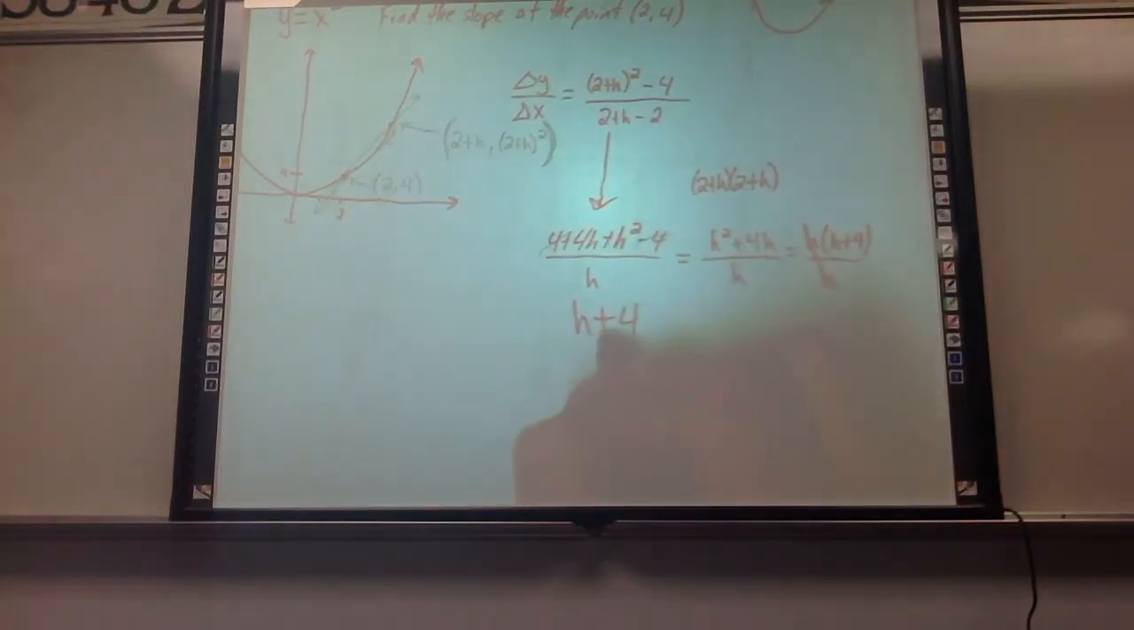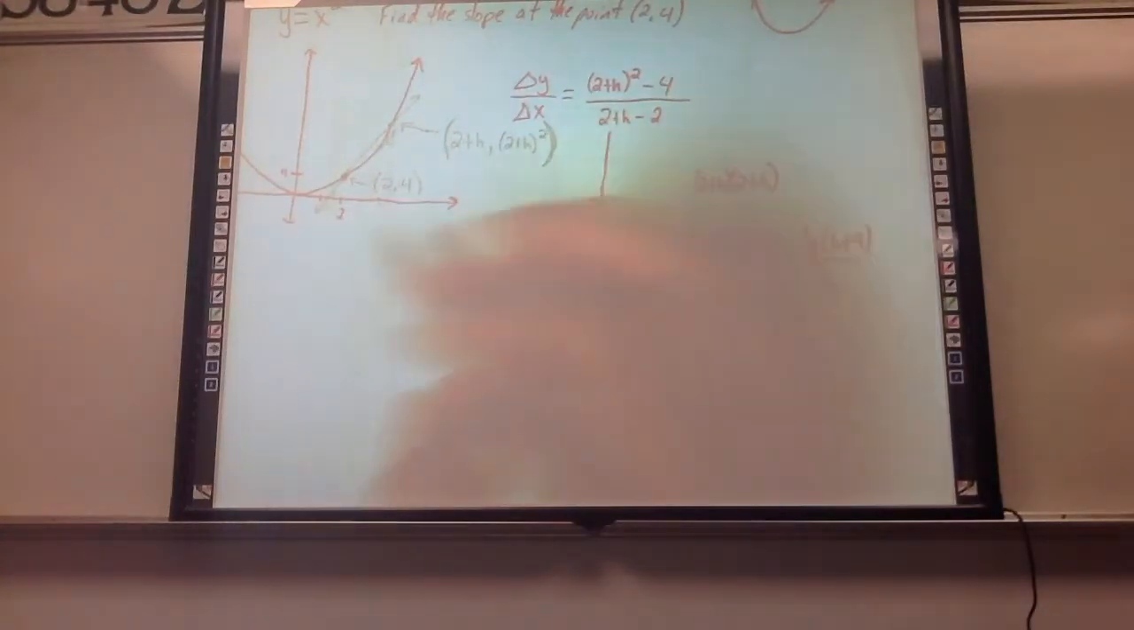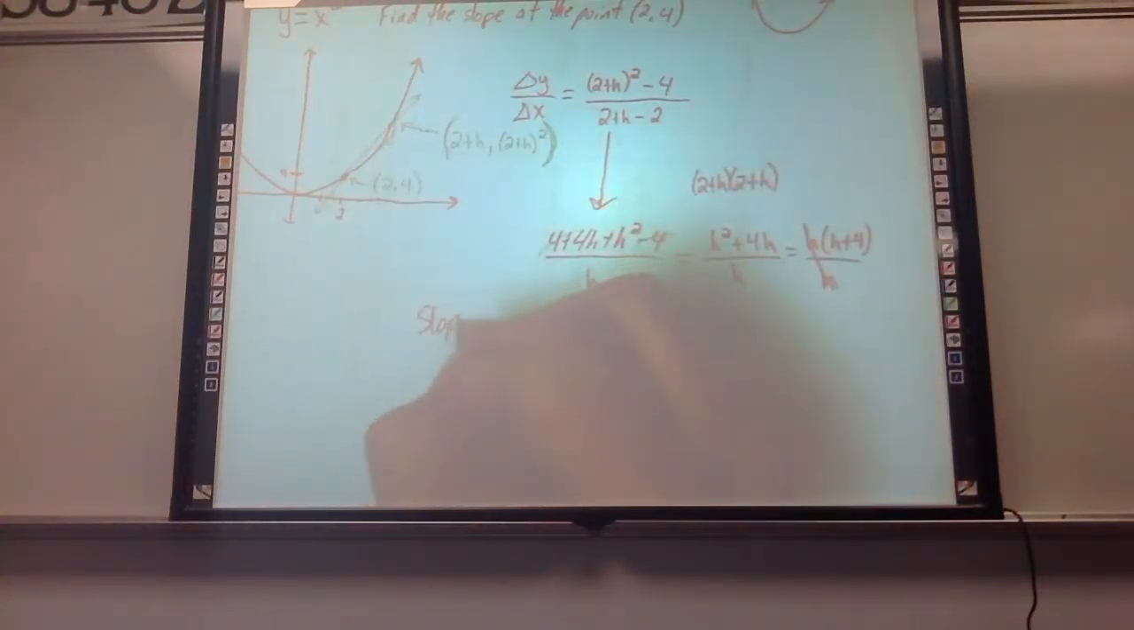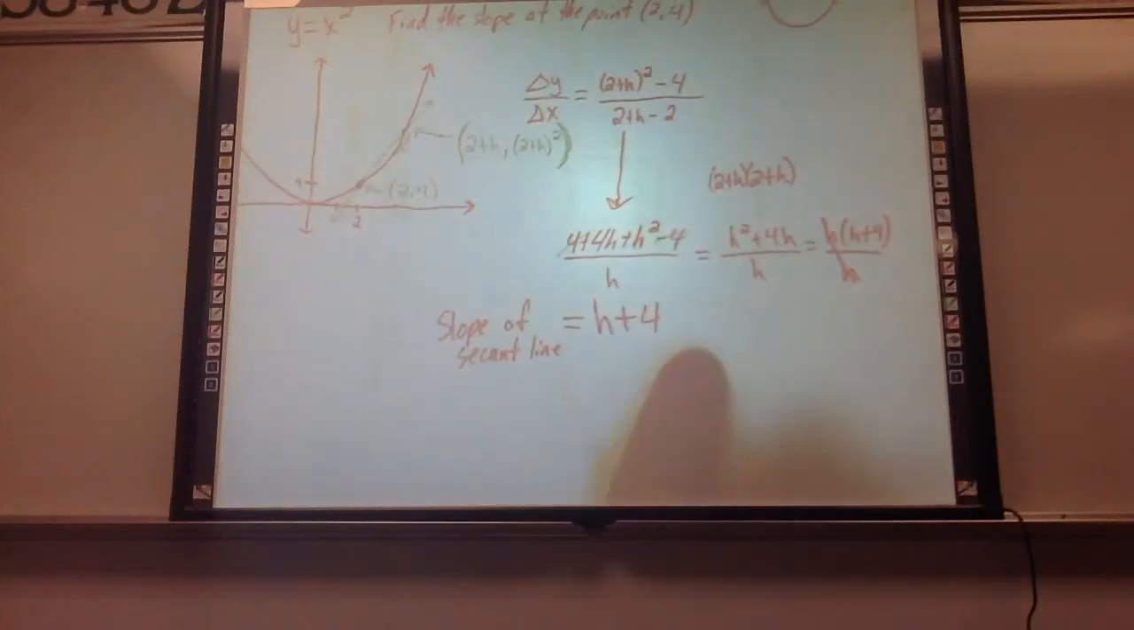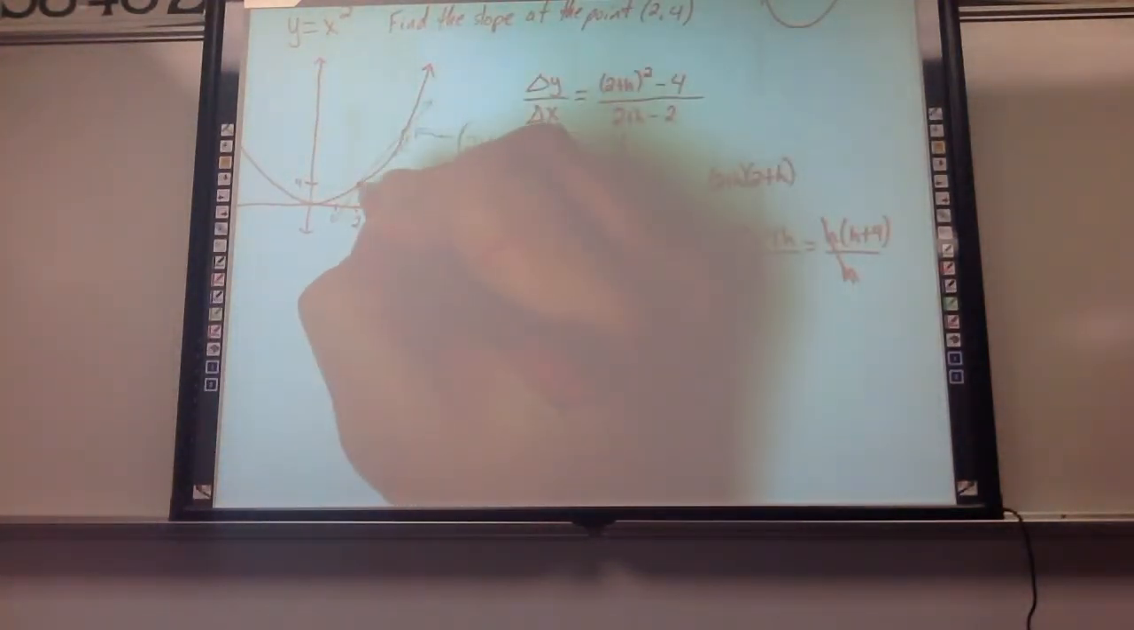So that, what is that? What did I just find? Change in y over change in x. Yeah, the slope of that penciled line, right? That's the slope of the secant line. Okay. So if that's the slope of that line, and like I said, in order to make a tangent, I